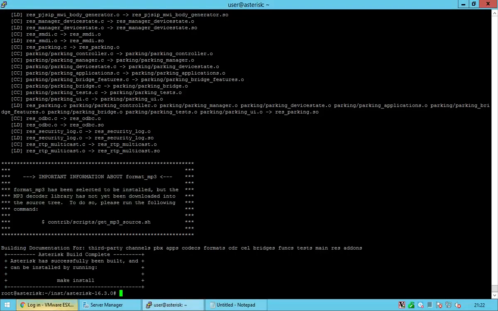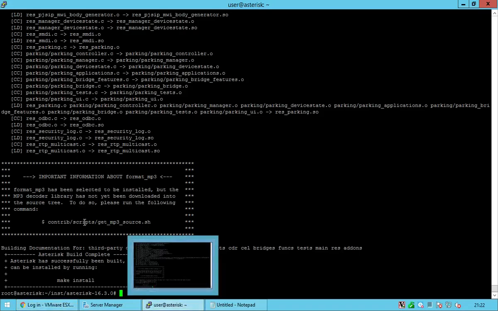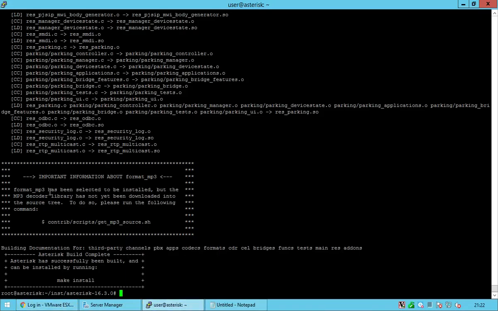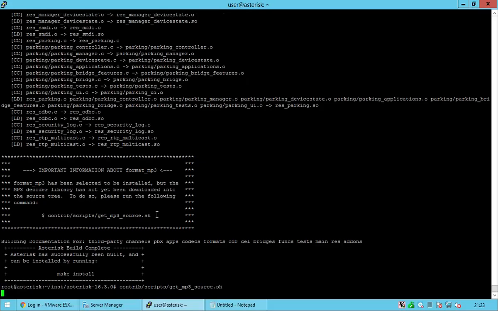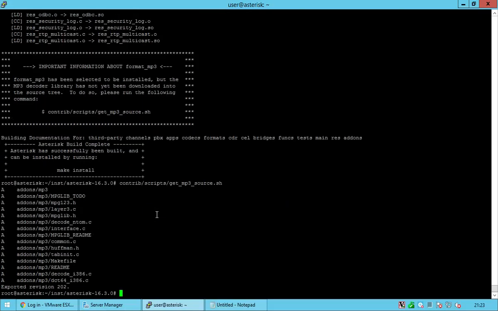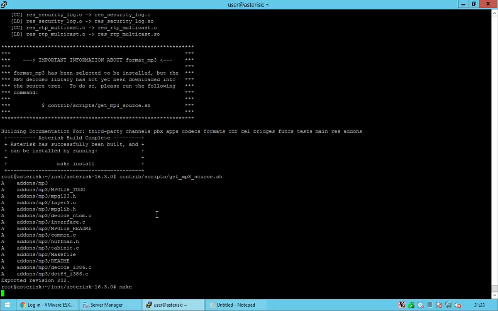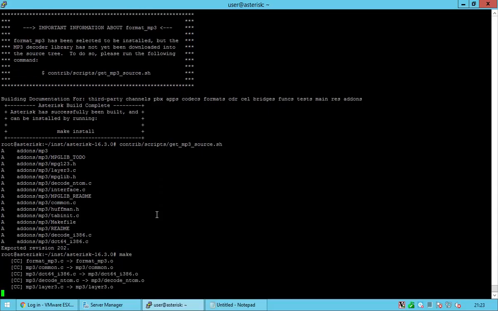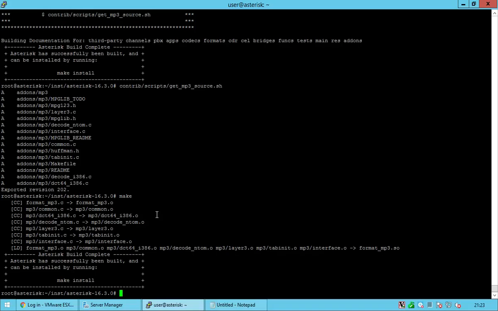Okay, we're back and it's done compiling the main part of Asterisk. It has given us a warning here, which is I told it to do MP3, but I hadn't previously downloaded the MP3 source code. So it's given me a command here to run. I've highlighted that. I'm going to right click to paste that and run that again. So that's downloaded it. All we need to do second time is type the command make. It'll skip past all of the stuff it's already compiled and it will just do that MP3 section. And there we go. That's now all compiled